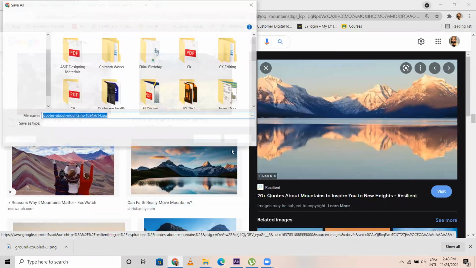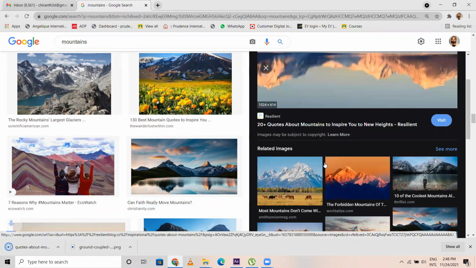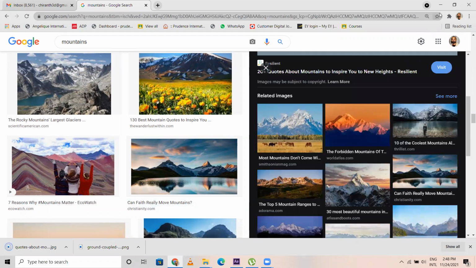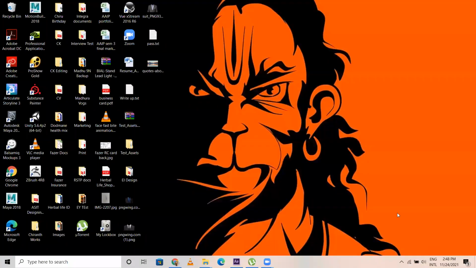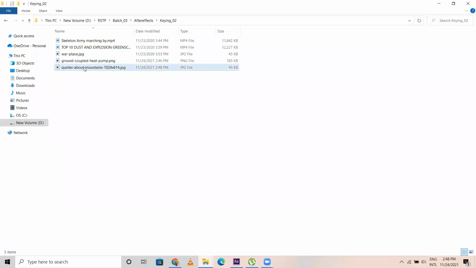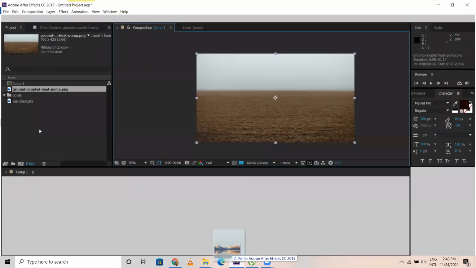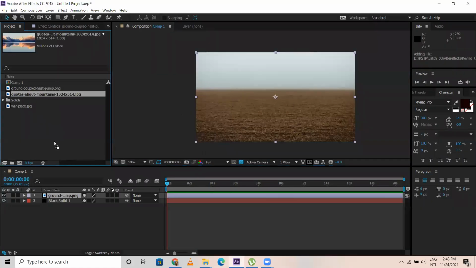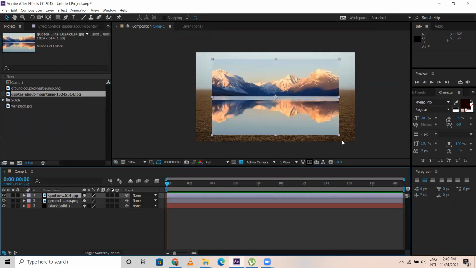So save image and desktop. I'm saving this image. Okay. So show the desktop. I pick this one, cut and paste here. So now this mountains also I'm just placing here, and I want mountains. Mountain should go back, but for time being I have to do a bit of masking here.